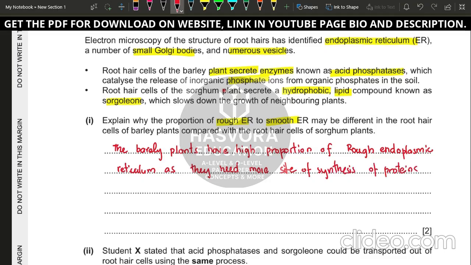And what are the proteins that we need? The enzymes. You can just write this in brackets, so they know that you are referring to the enzymes. So we need more sites of synthesis of the proteins, while